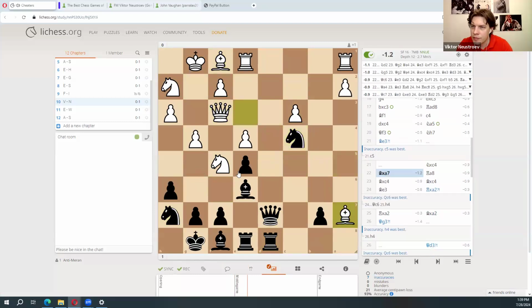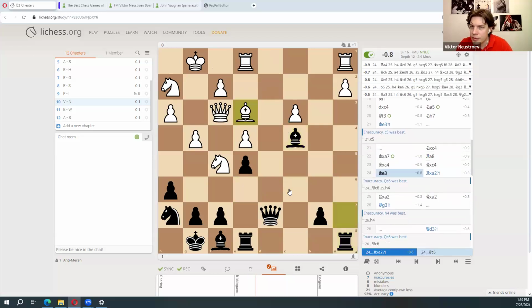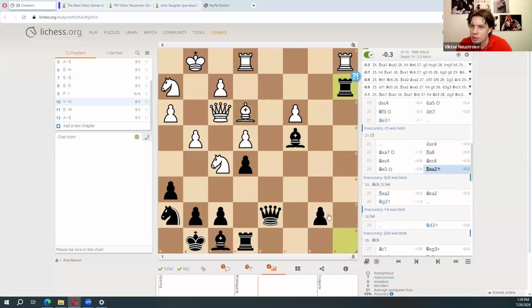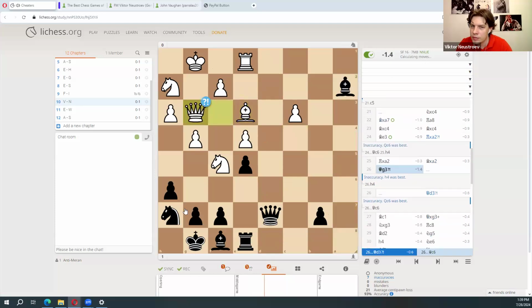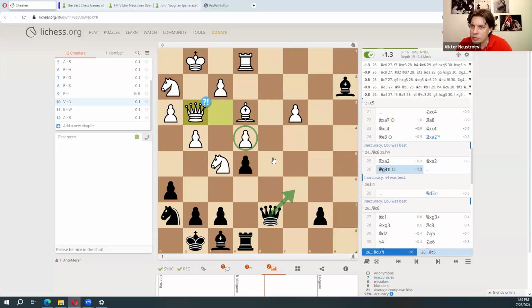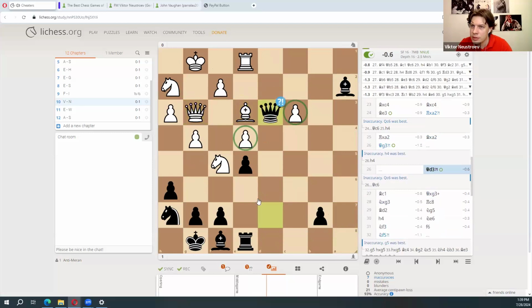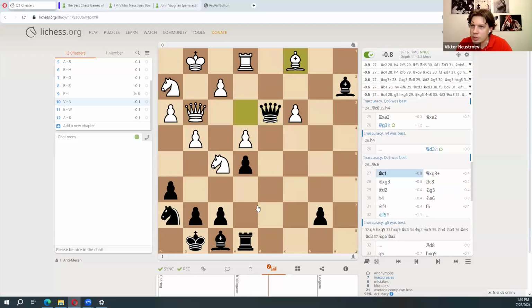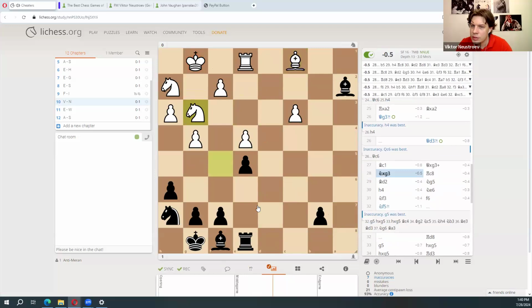So bishop a7, knight d2 is the best move, but rook a8 was played. Bishop c4, bishop c4, bishop a3, rook takes a2. So rook a4. Okay, rook a4 is not obvious. Maybe there is pressure here. Maybe the idea is to double. Rook a2 was played instead. Rook takes a2, queen g3, probably to support the attack or just to bring the knight back. And queen c6 was good, but instead queen d3 with the same idea. Bishop c1, queen takes queen, rook c8.